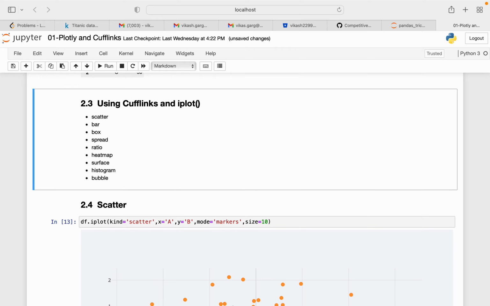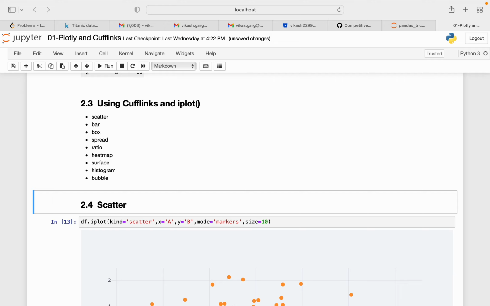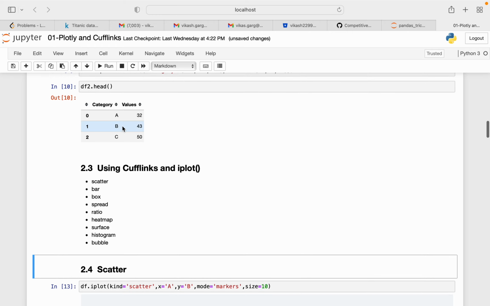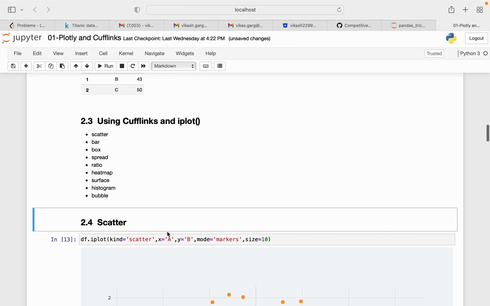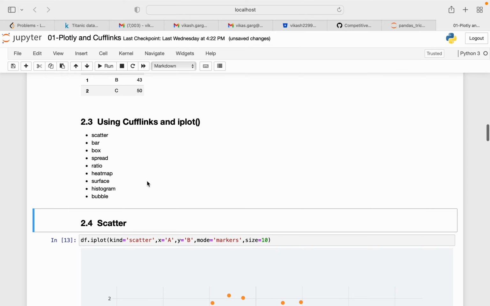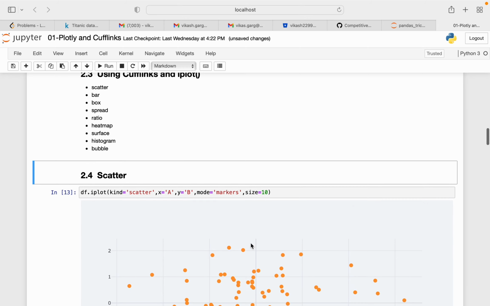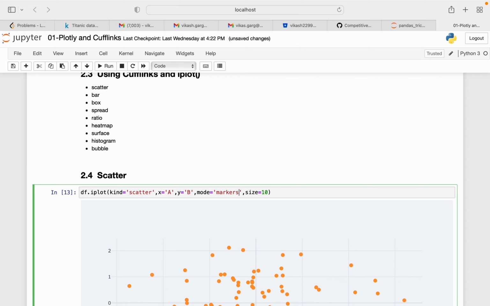So first, how are we going to do scatter? Simply we need to do df.iplot, and in kind we need to pass scatter. We need to pass the x axis, which column you want to consider. So I'm using column A as x, and y value is B, and mode you can change according to what you want, like you want to mode it as markers, or something else.